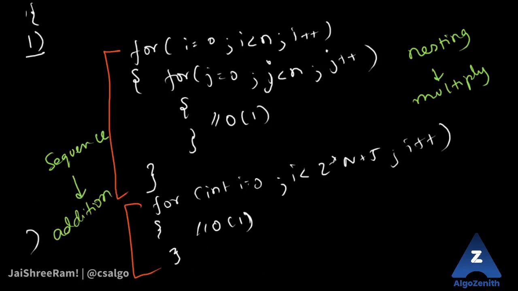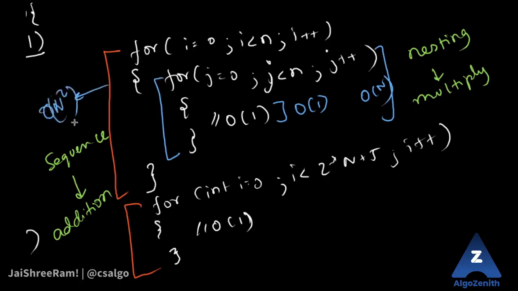So for that, now you can simply resort to finding out the time complexities in this way. This is order n, this is order 1. So this loop will take order n, right? Okay, and since this loop is taking order n, and this order n work will be done n number of times, this bigger loop will take order n square, right? Simply this one is 2 into n plus 5, but that's linear, right? You don't bother about the constants. So this is order n, and now you add, so order n square plus order n